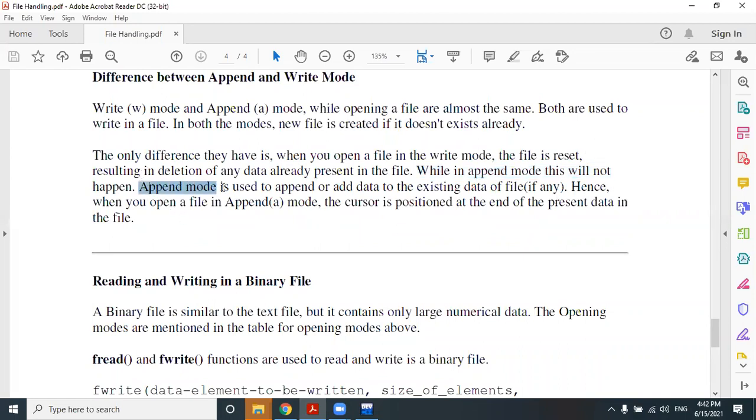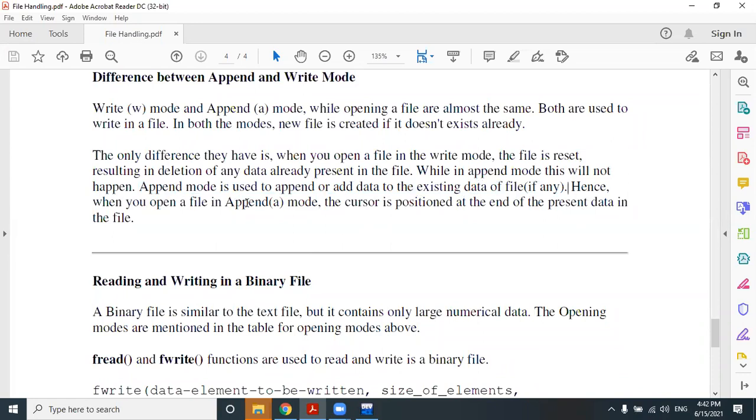Append mode is used to add data to the existing file. You can add new content to the old content of the existing file in append mode, but in write mode the old content will be replaced by the new content. That is the major difference between append mode and write mode.